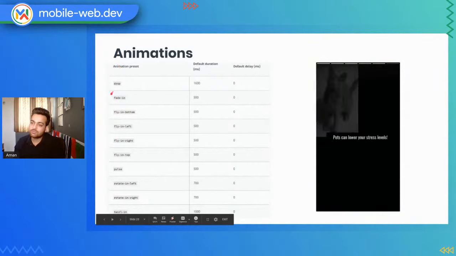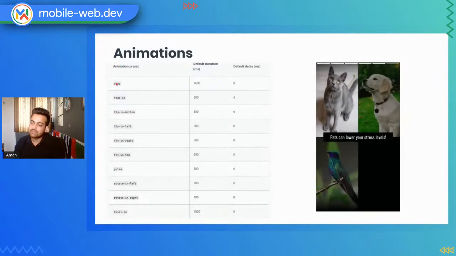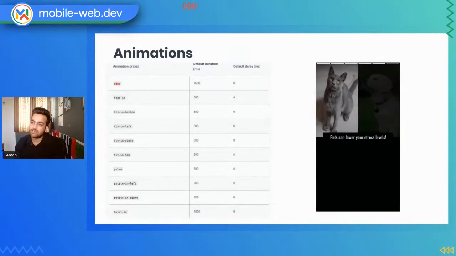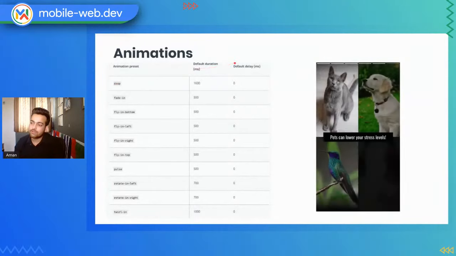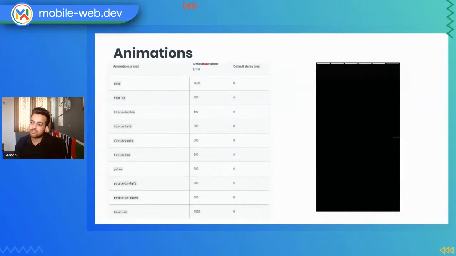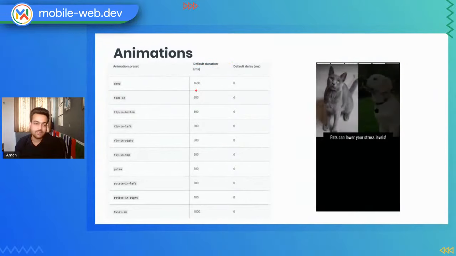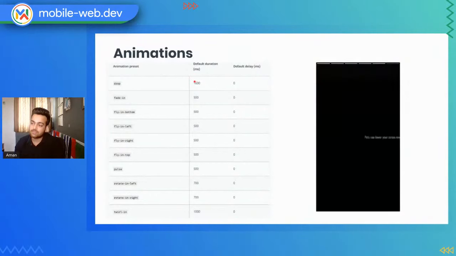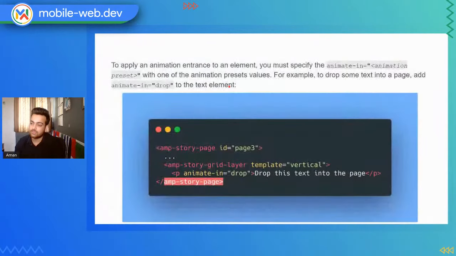You just have to copy and paste this animation preset inside the animation preset attribute for the layer you want to put animations for. You can also increase and decrease the default duration, which will increase or decrease the speed of your story. By default, it offers these animation speeds. This is an example of how you actually put different animations inside your element.